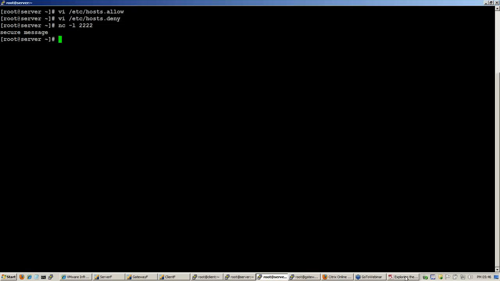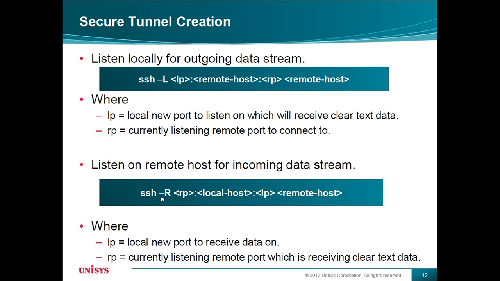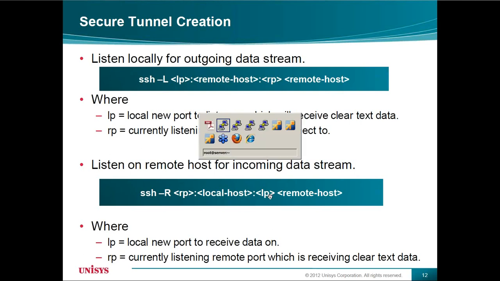Okay, let me go to this definition again. It says LP new port to receive data on, which is 2222. 2222 is the new port, so we